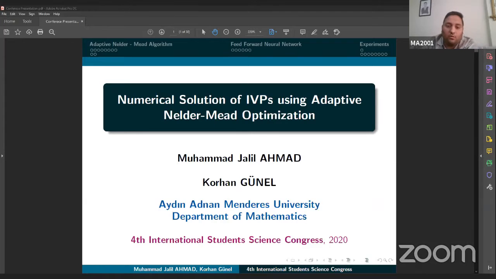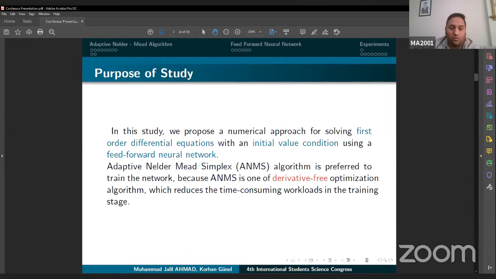Okay, so in our study, we have solved a differential equation with an initial value problem condition using optimization. And here we have preferred to use the adaptive Nelder-Mead simplex algorithm. I have done this study with my professor, Faruk. So without further delay,